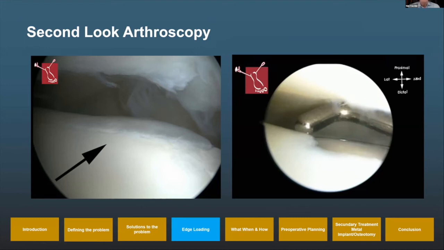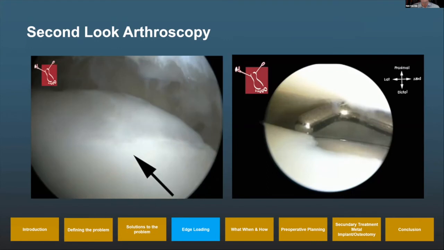And this fibrocartilage acts as a spacer in order to protect the subchondral bone, so to protect the edges of this defect. So we don't see the HemiCap, but we see the fibrocartilage, which is on top of the HemiCap, acting as a spacer to protect the